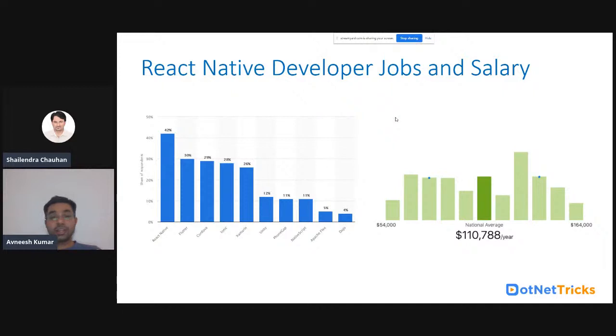In India, it goes around 8 lakhs to 16 lakhs per year for a React Native developer. So it is a good salary around the world for a React Native developer. And as your experience goes up, your salary grows very fast.